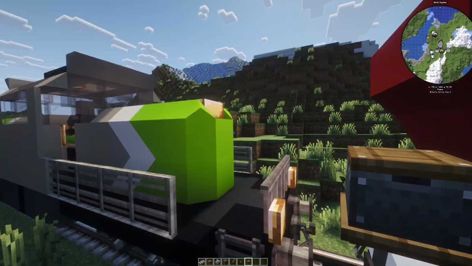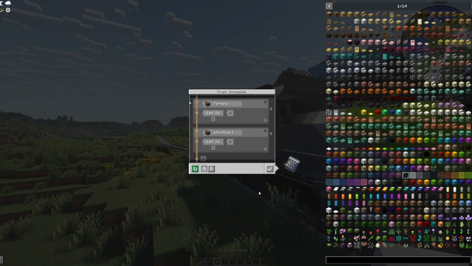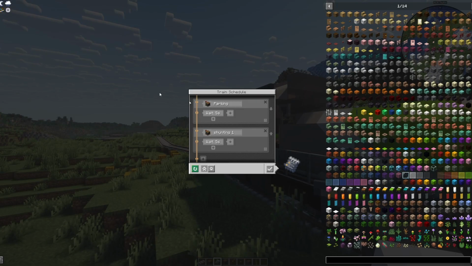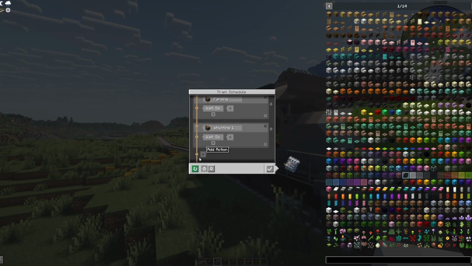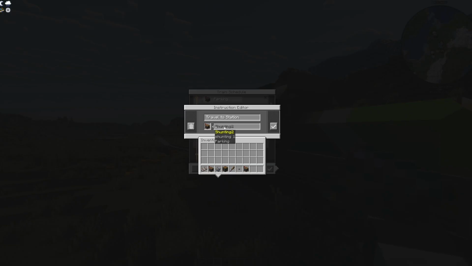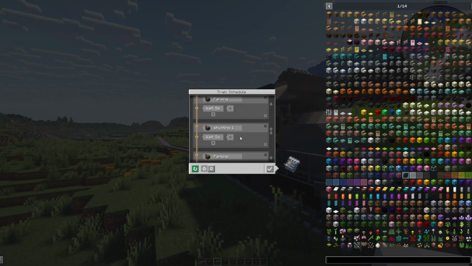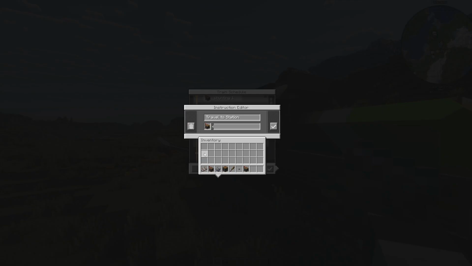And we can adapt the train schedule here. We have a parking spot and wait 5 seconds. That's okay. Then we have shunting 1 that drops off the wagon. After that we go to parking again for 5 seconds, and then we go back to shunting 2